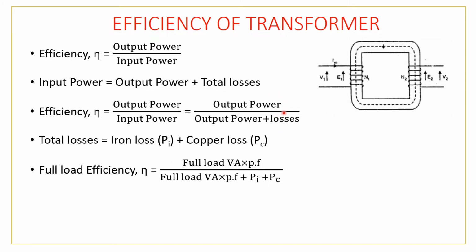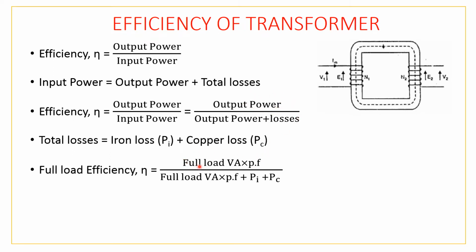Now what is this output power? Power P in a single phase circuit is equal to VI cos phi, right? So power P is equal to VI cos phi. This is what I have written here, VI cos phi. But the terminology used is full load VA into PF. Remember students, VI cos phi. VI is volt into ampere, which is nothing but volt ampere. So full load VA. VI is nothing but full load VA, and PF is power factor, which is nothing but cos phi. Therefore this is VI cos phi, which is nothing but power.